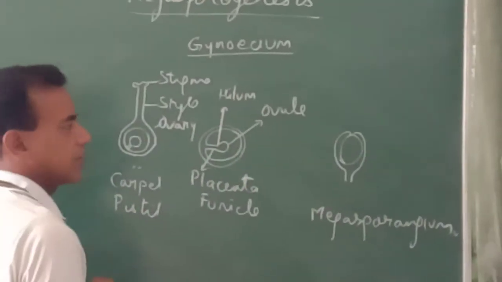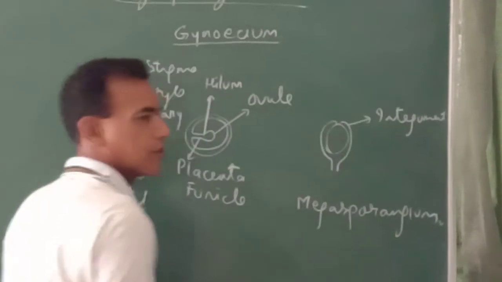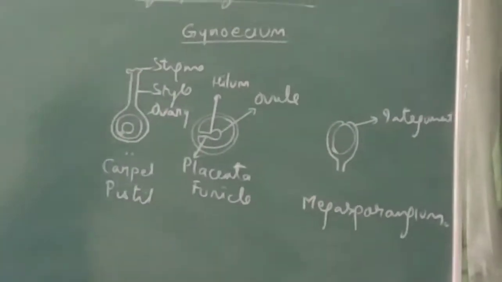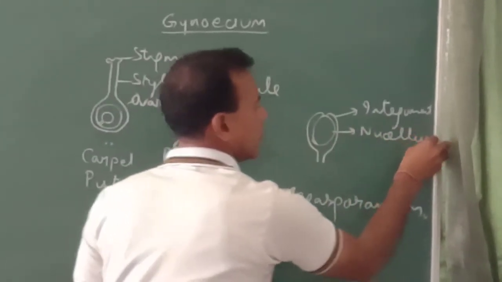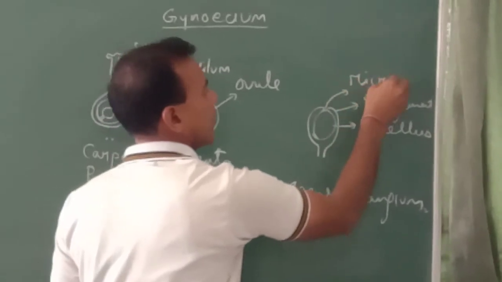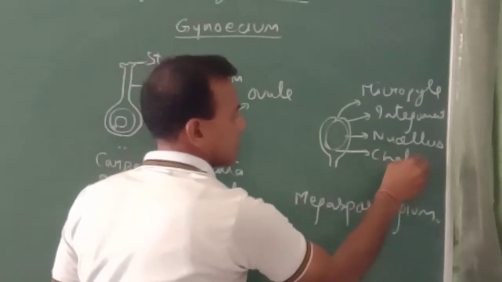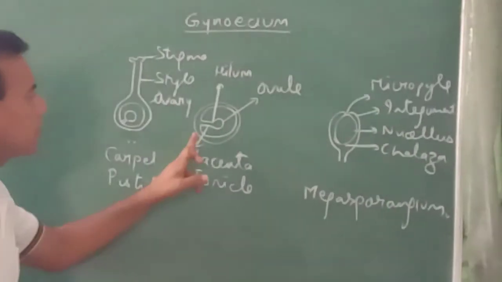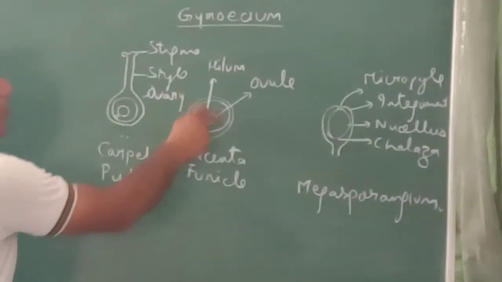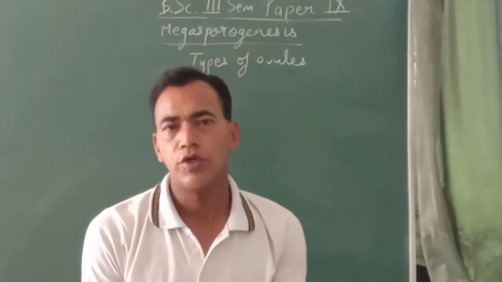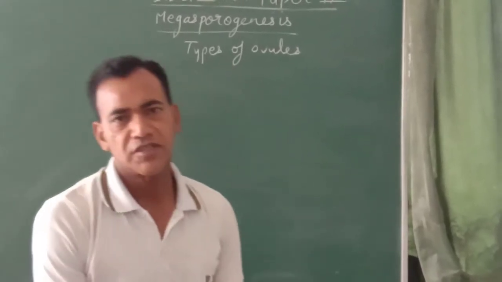On enlarging this structure, we see that this is the outer covering of the ovule known as integument, and inside this whole tissue is nucellus. This small opening is known as micropyle. Just opposite to the micropyle is the chalaza. These ovules are arranged in a number of patterns in the ovary. Now, as I told you, ovules are arranged in different positions in the ovary, so we may classify ovules on the